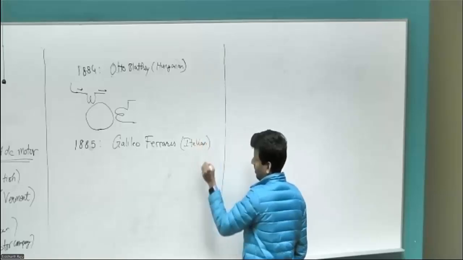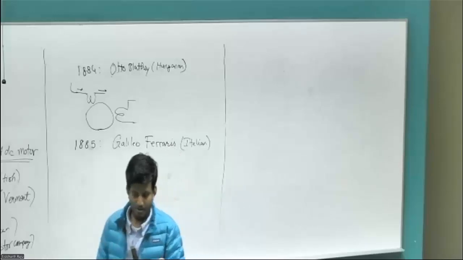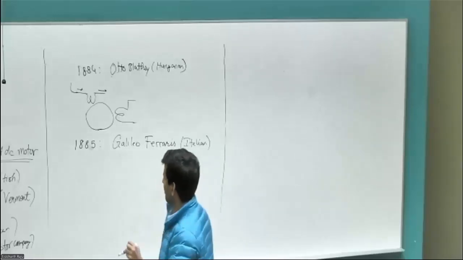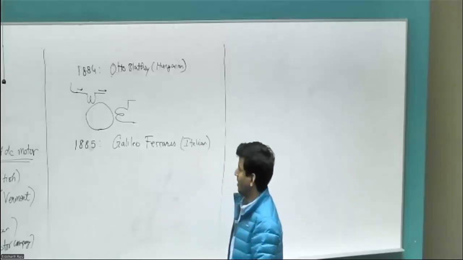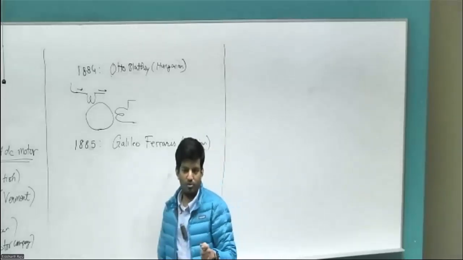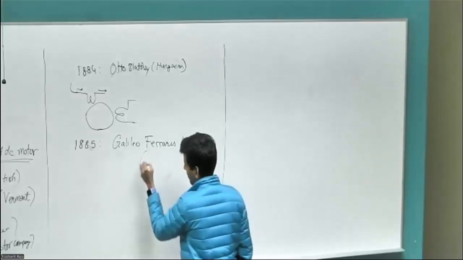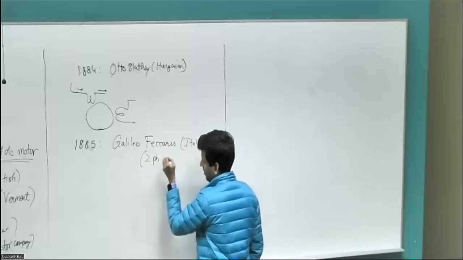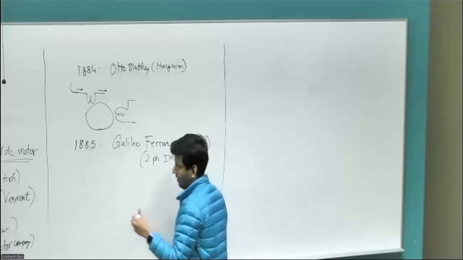So he creates the first induction motor, and he was an academician. He did not patent this idea. He did not publish this idea. So he did it as a demonstration for his class, and that was about it. But what he had essentially done is created a two-phase induction motor. Right? And then in 1888,